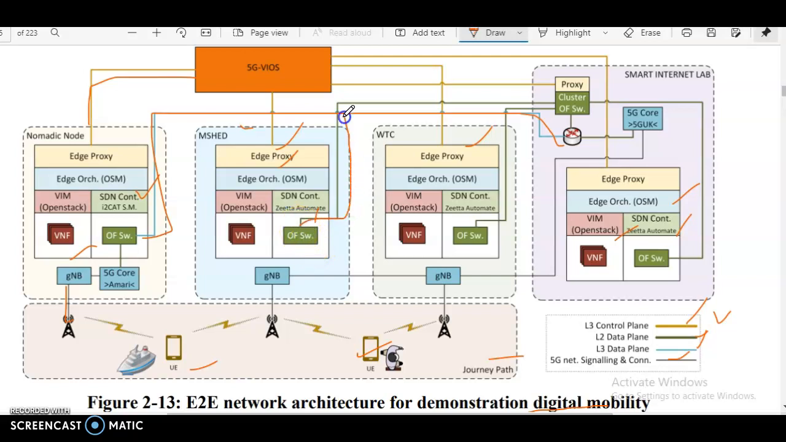Here, the off switch is connected to the MSHED cluster. From this off switch, it is connected to the cluster off switch. This nomadic node is only connected to this router. And then